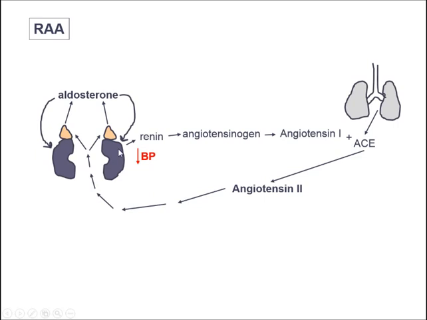So if this whole sequence of events started out in response to low blood pressure, then obviously what we want to do is increase blood pressure. So what can we do at the kidneys to increase systemic blood pressure? What can we do? Well, right. We can say to the kidney, we need for you to retain water. In other words, we need for you to let water be returned to the blood, the plasma, instead of being a part of the urine.